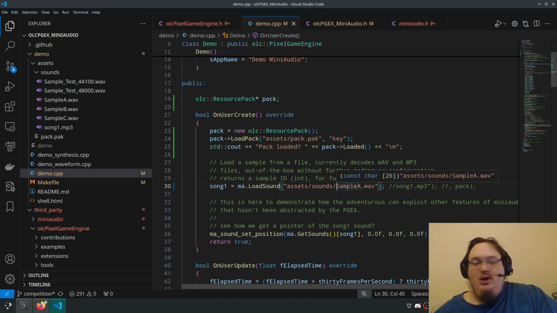Okay, so the decoder works for WAV files, but it's not working for the MP3 file.